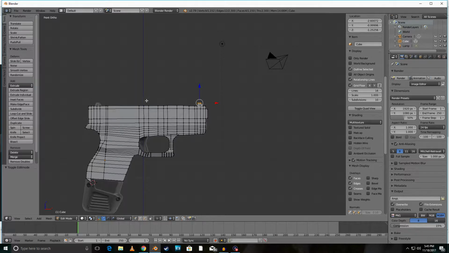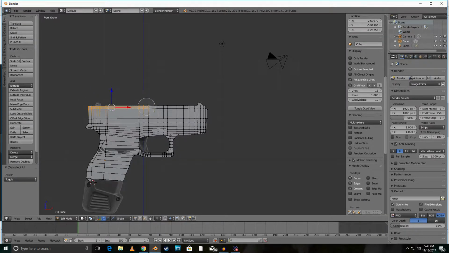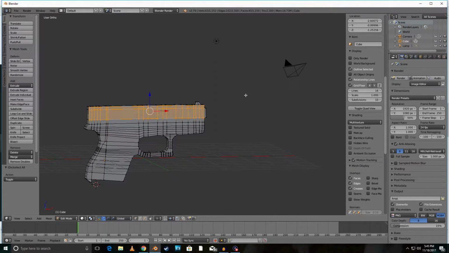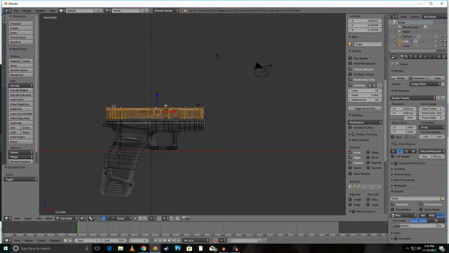Now I'm going to hit Tab 1, and I'm actually going to hit A, C. I'm going to make this big, and I'm going to select everything up here. Everything. Now I'm going to deselect that, and deselect that. And then I'm going to come back over here. As you can see, I should have hit Z first, because now I have to do it all over again. A, C,